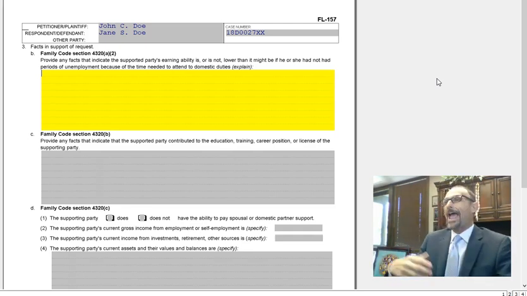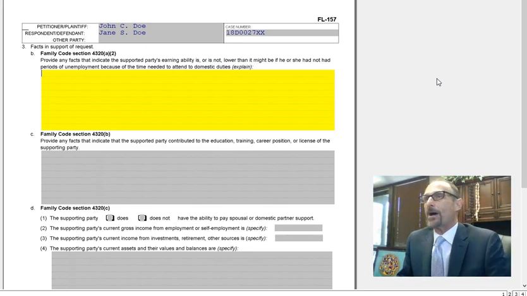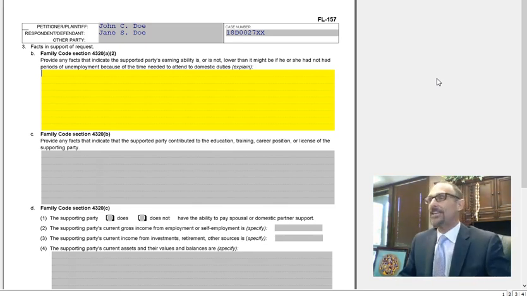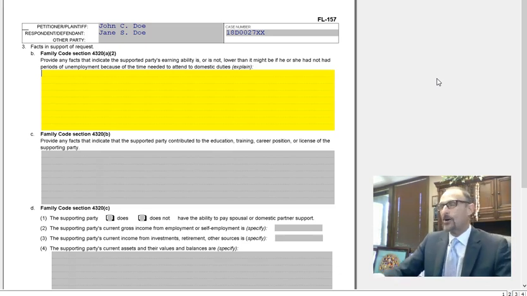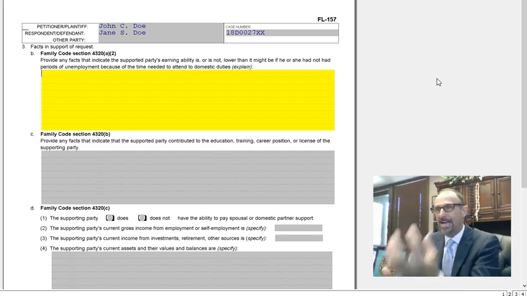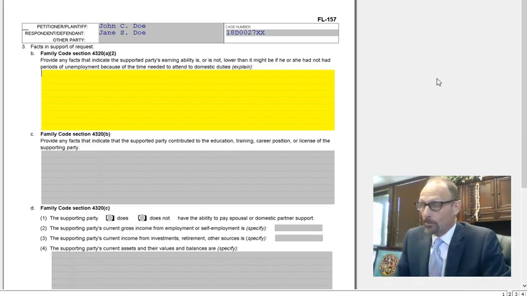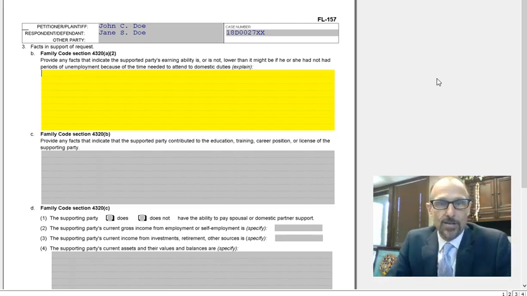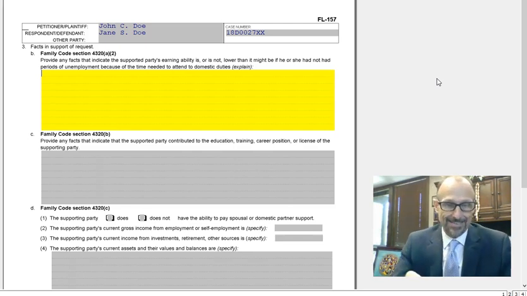If you and your spouse agreed that you wouldn't work even though you didn't have kids, but it was an agreement that you would stay home and take care of the house and take care of your lifestyle and whatnot, then you would put that in there. And that's not uncommon. All right, so Family Code section 4320B, provide any